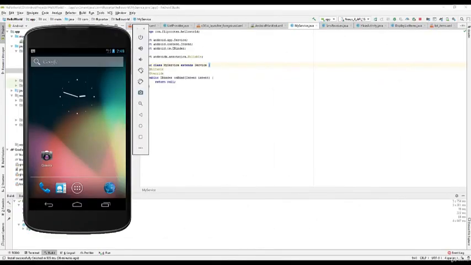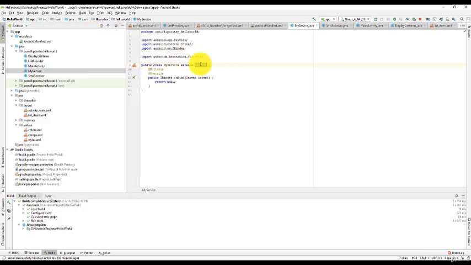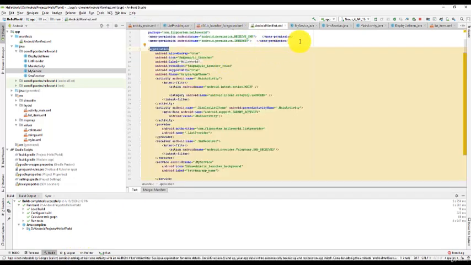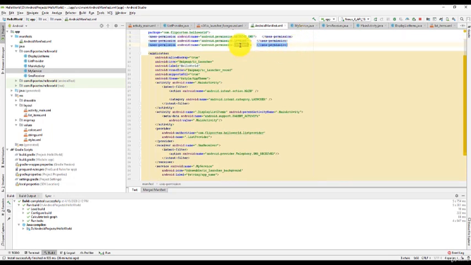So now we have a service. As a malicious use case, let's say every hour we want to steal the user's contacts and send them to the server. There are better ways of doing this, like using the alarm service, but here we just want an excuse to use a service. Now let's start off by providing the permission to read contacts. So go to the manifest and add read contacts.